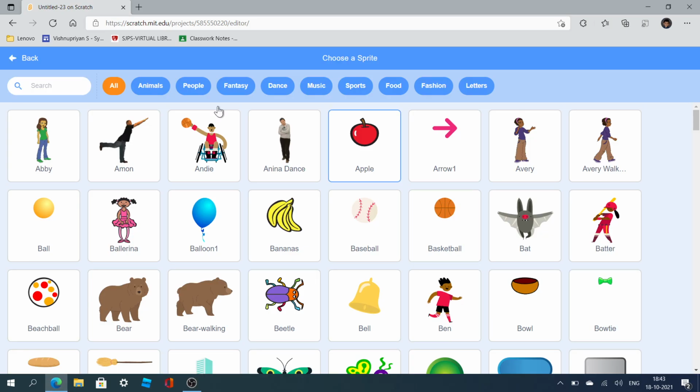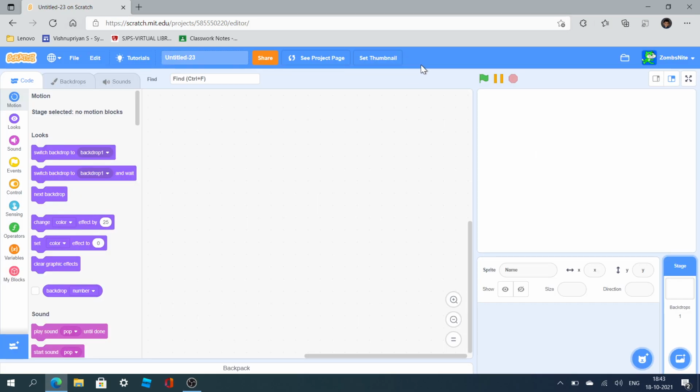Hello guys, today we are going to make a clicker game in Scratch. So open up the editor and let us choose a sprite. But before we choose a sprite, let us see what a clicker game is. A clicker game is a game where you click to earn points, then you can buy items with those points